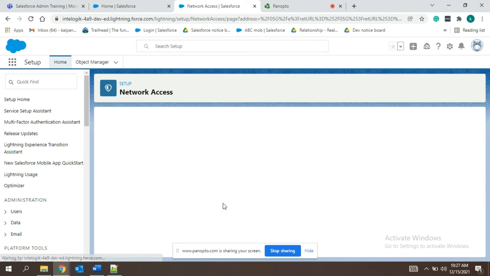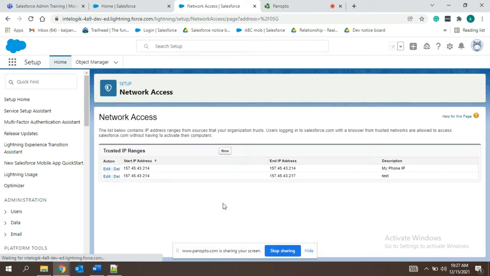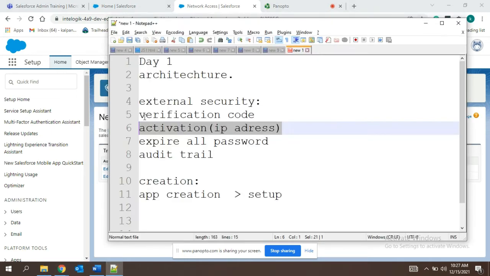So now your organization will give easy access. That means it will not restrict or do two-step verifications for these particular IP addresses. But say there are some other IP addresses which are already logged in before you set up this network access. What you have to do is, that is the second one.